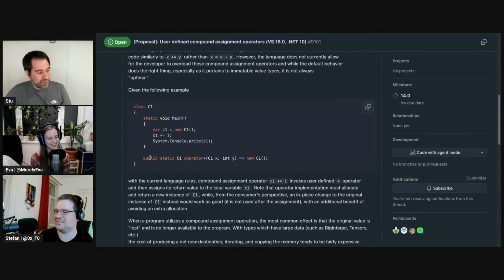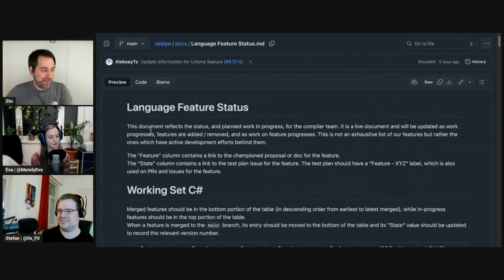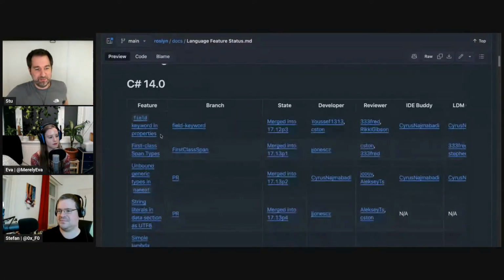Yeah, so this one is the ability to define custom compound assignment operators specifically. You can already obviously do plus operators, but you can now have compound assignment operators. So you can make this do something specific. I'm sure someone has use for that. But,